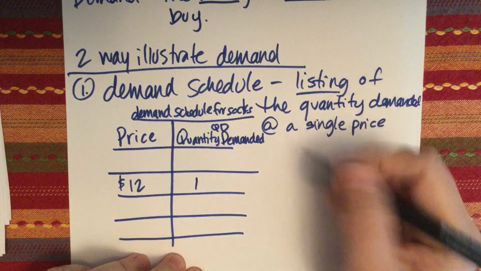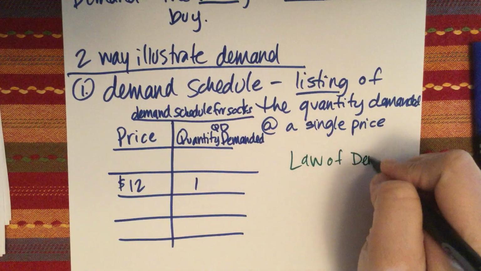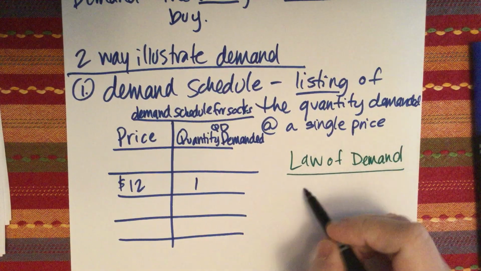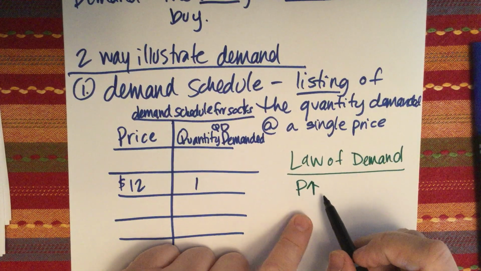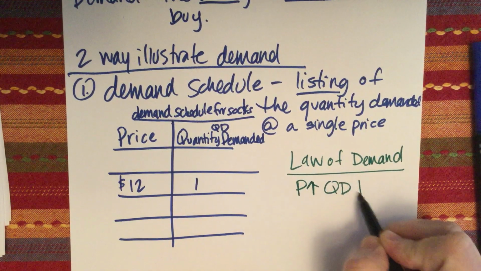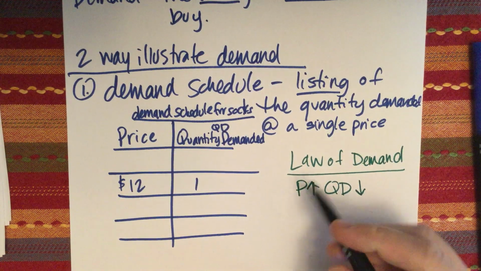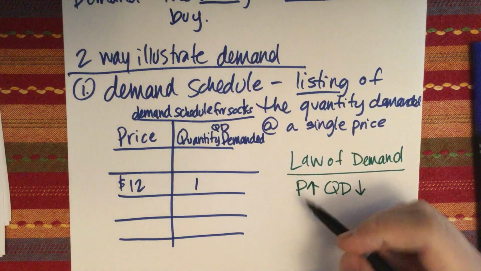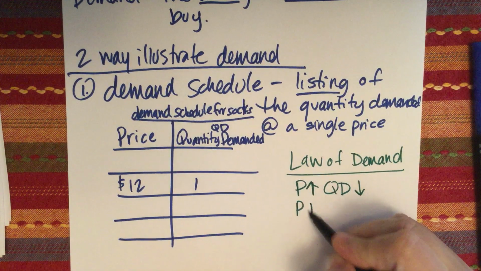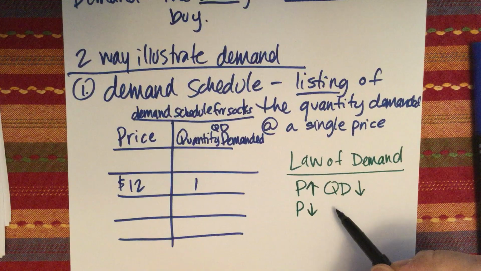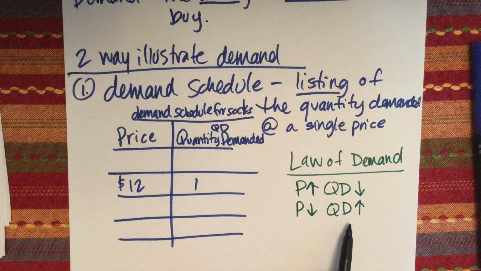I also said that there was something called the law of demand that you are going to have to know, and it will help you understand all of this information. The law of demand states that when price goes up, or when prices are high, the quantity that we demand goes down. When things are expensive, we don't buy as much. That's basically what that's saying. And again, it's common sense of a consumer. You can relate because you have been consumers for a few years now. When price goes down, the quantity that you demand is going to go up. When things are cheaper, we tend to buy more.